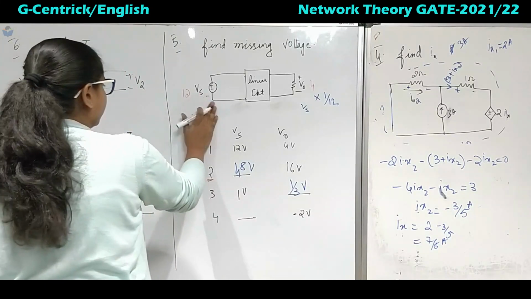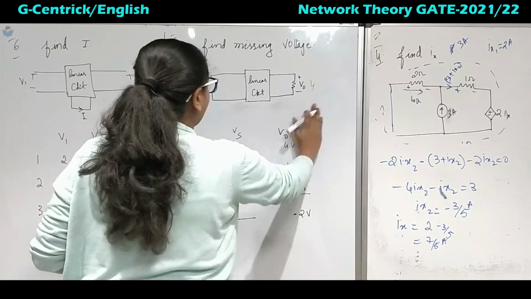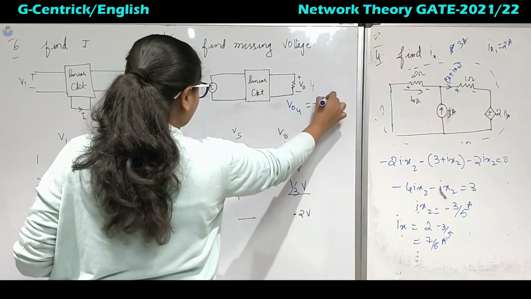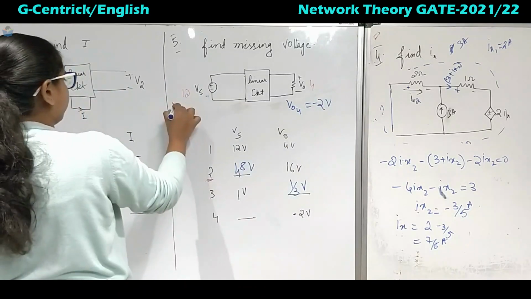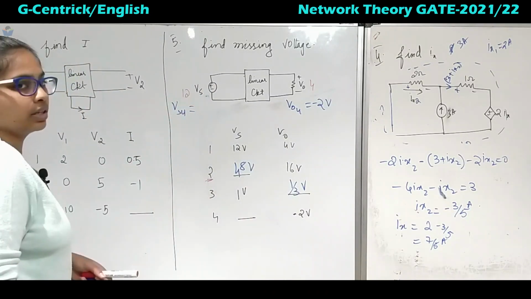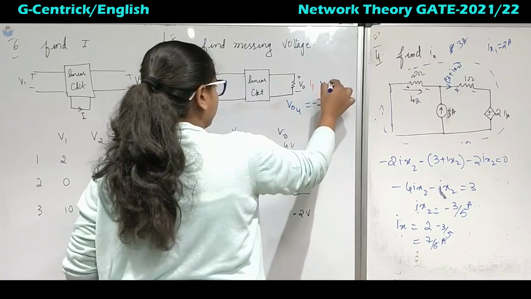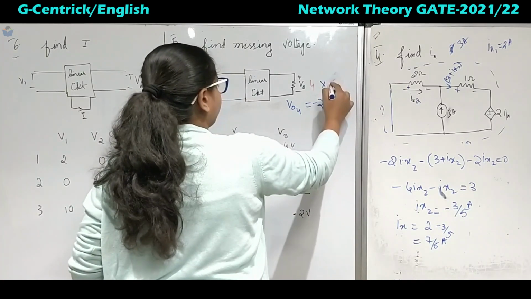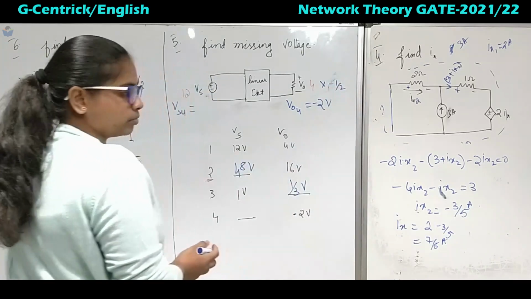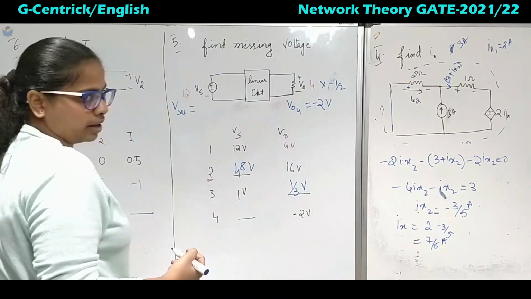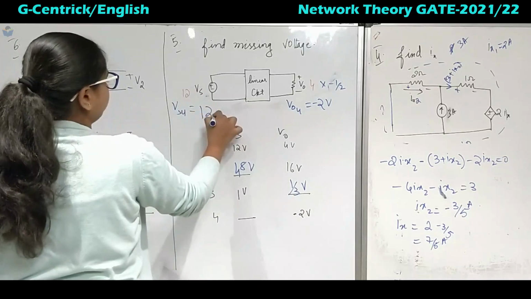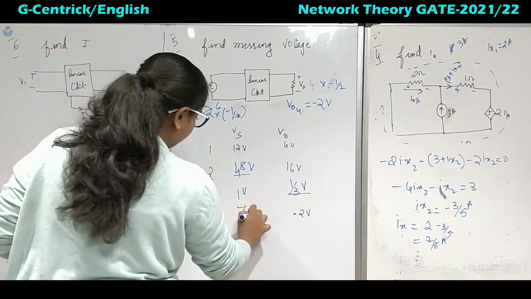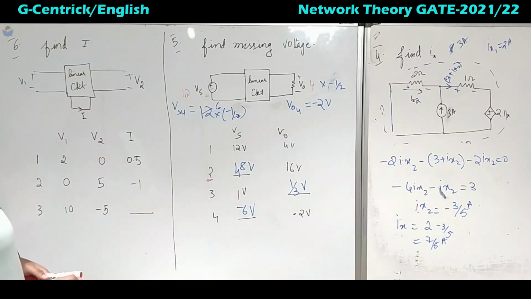So now I will rub this one. Coming to the last one, at the output we have got V04 as minus 2 volts. Okay, we have to find Vs4. Okay, so this is again multiplication of minus 1 by 2. Okay, because we have got minus sign here. Similarly for this 12 also we will multiply by 1 by 2. So we will get as minus 6 volts, right?